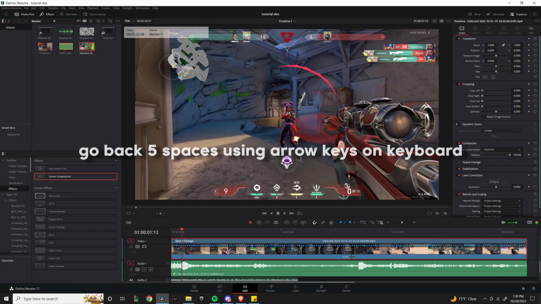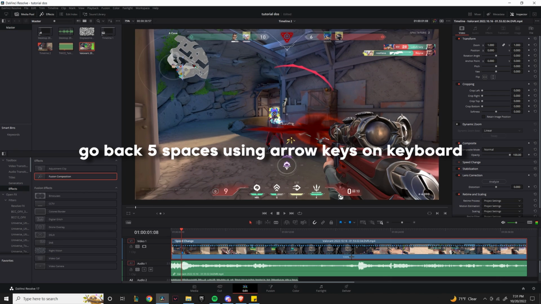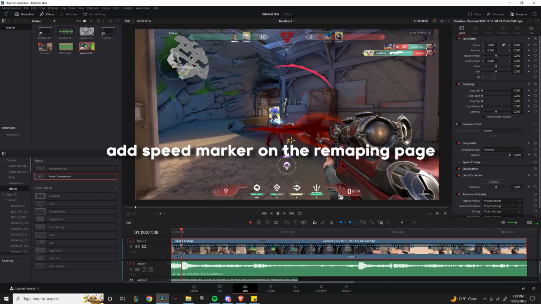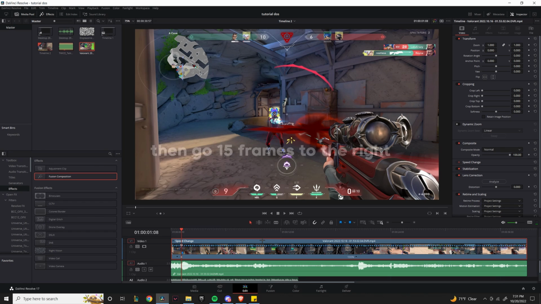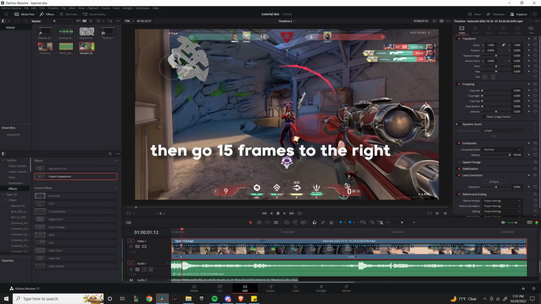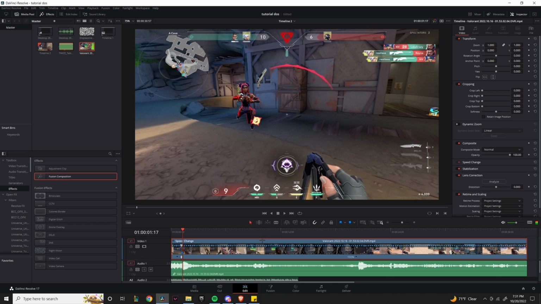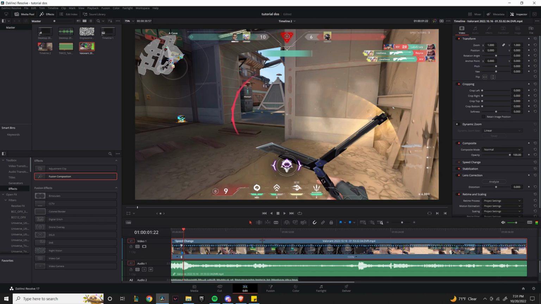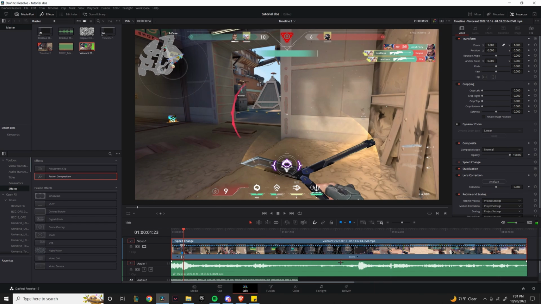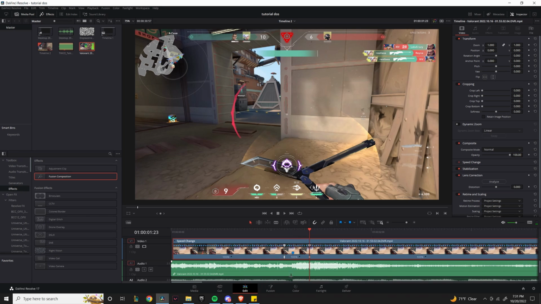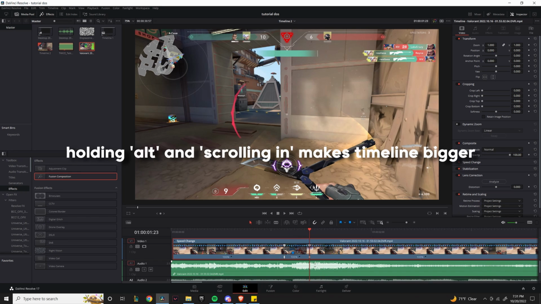So 1, 2, 3, 4, 5. Add a speed point, and I go 15 spaces to the right. So 1, 2, 3, 4, 5, 1, 2, 3, 4, 5, 6, 7, 8, 9, 10. So we're gonna add another speed point right here, and hold Alt and your scroll wheel in to zoom in